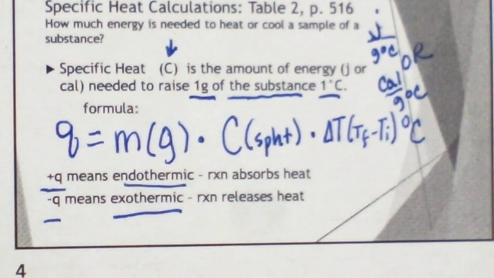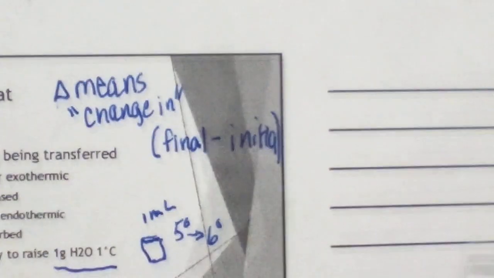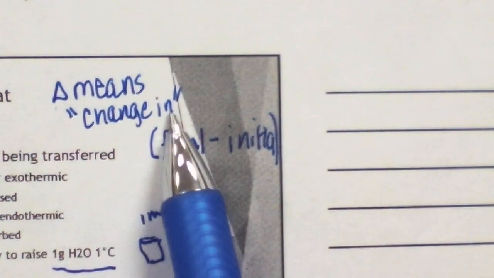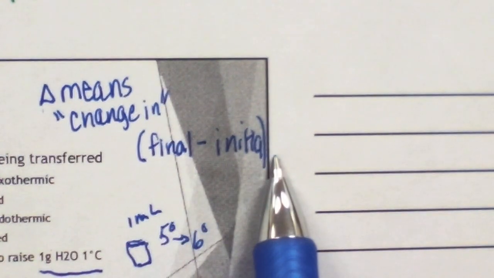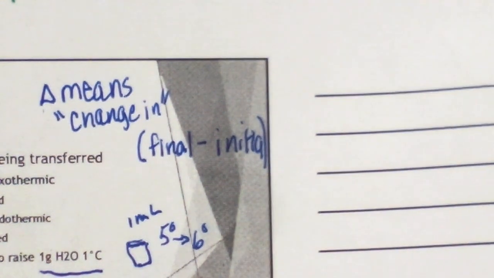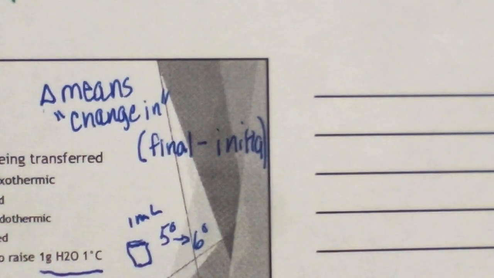Yeah, Aaron. So that is going to be for the delta T from over here. The delta means change in. Its standard format is final minus initial. Okay? And that's in physics, that's in everything. That's even in, like, if you change your graduated cylinder volume, it's going to be change in volume, and it's going to be VF minus VI. All right? Okay. All right, yeah.